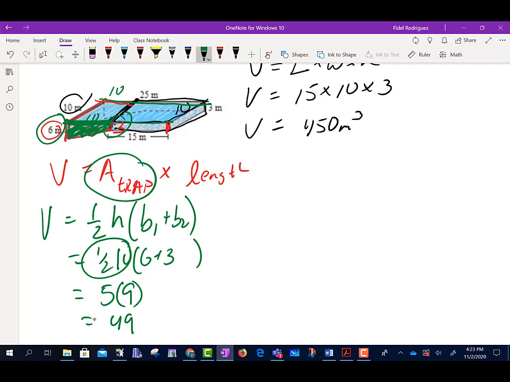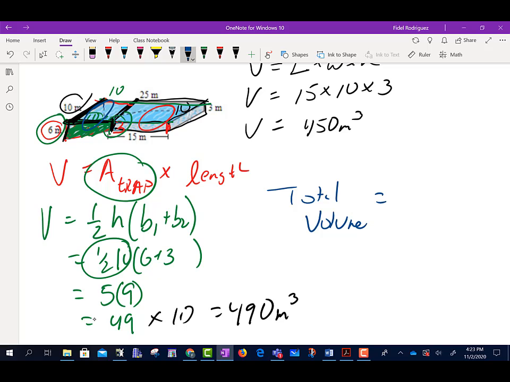Okay, we used this distance, and this distance. Now I need to multiply it by that length. So now I'm going to multiply it by 10, and that's going to give me 450 meters cubed. So we found the volume of this piece here, and right now we just found the volume of that piece there. So to find the total volume,